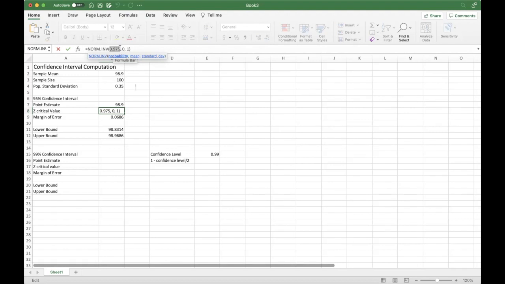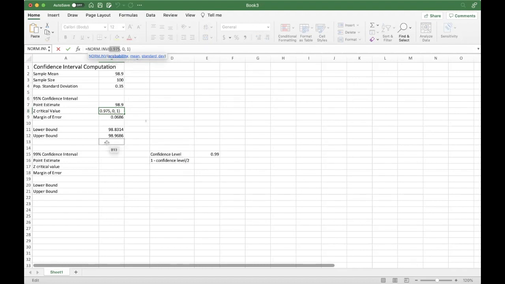Because we have that symmetry of the curve, remember that we were looking at in the Z critical value when we talked about it before, we're looking for the area between. Well, what we can actually also do is realize that the tail values each have the area of 1 minus the confidence level divided in half, right? Because the confidence level is what's in the middle. 1 minus the confidence level is out on each tail. And we need to divide that in half to find the value that is above on the right-hand side of the tail, right? So to find that on the right-hand side of the tail, we need to take 1 minus the confidence level divided by 2,